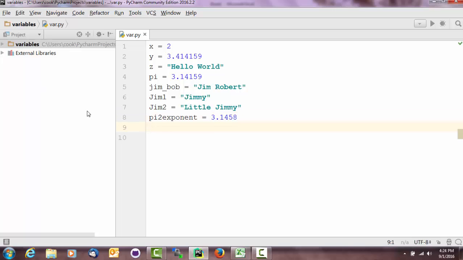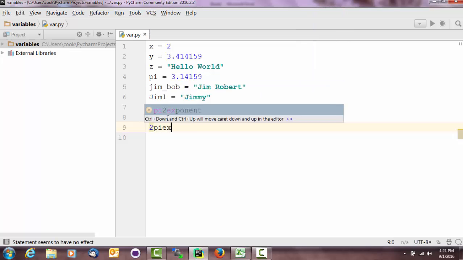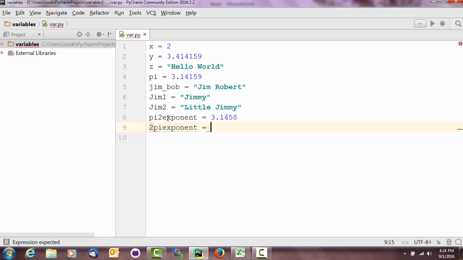The important part of this, again, is that you can put numbers in the middle of your variable names, but you cannot put numbers at the beginning of a variable name. You can put them at the end, in the middle, but you cannot have a number as the very first piece of a variable name. Okay, so for variable names, you can use letters and numbers, combinations of those, underscores. Just don't put any numbers at the beginning, and don't